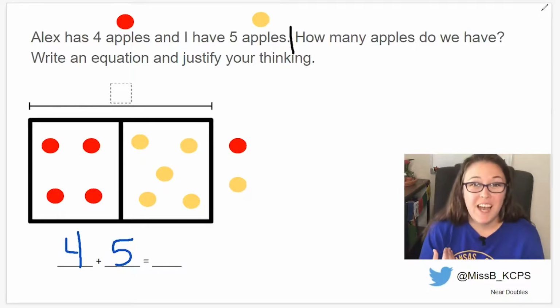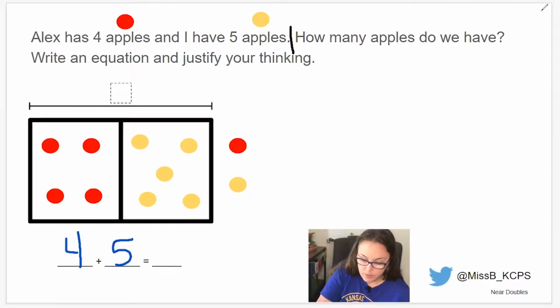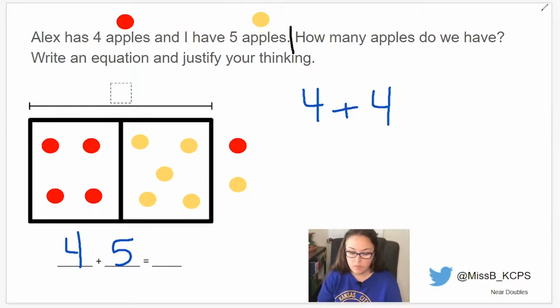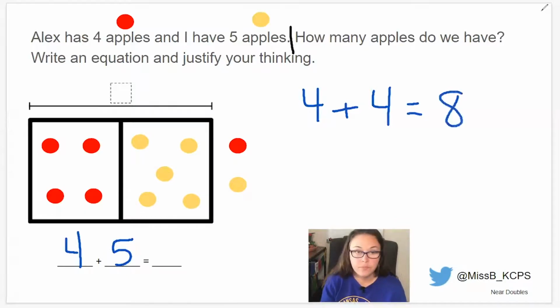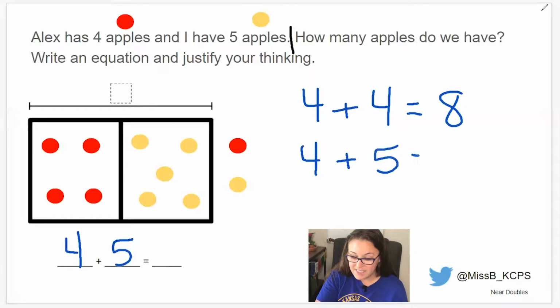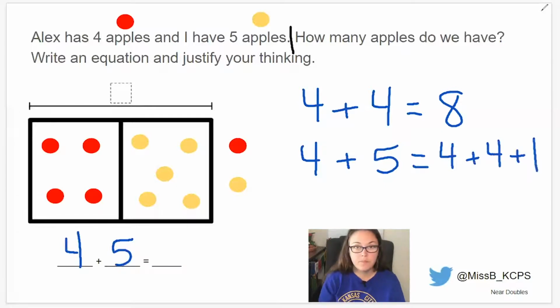So the doubles fact that I remember easiest associated with this is 4 plus 4. I know that 4 plus 4 equals 8. I also know that 4 plus 5 is the same as 4 plus 4 plus 1. This is how I use that doubles fact when I'm trying to solve a problem that's really close to